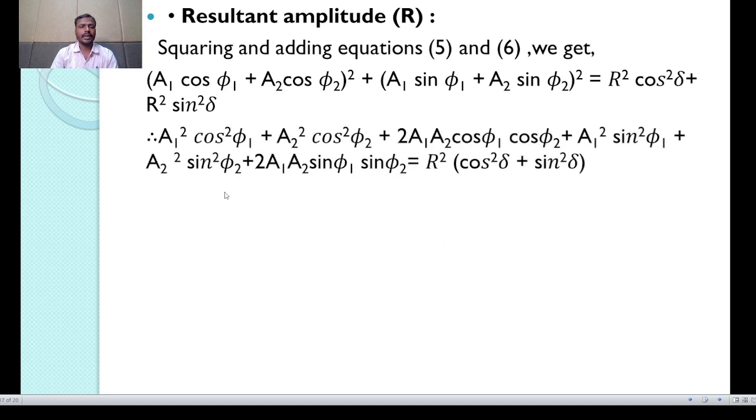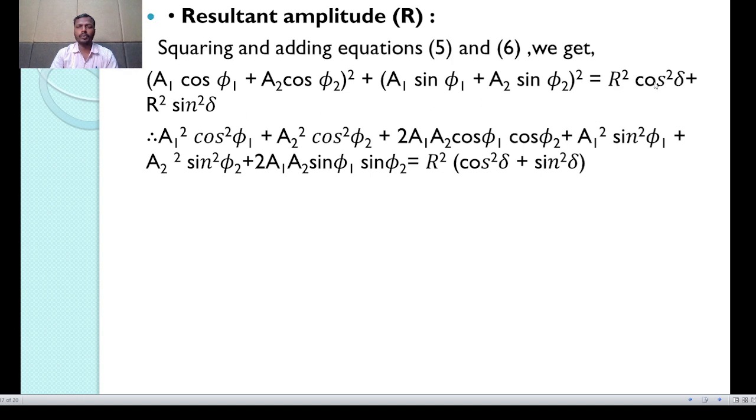Using the same here, we can write a1 square cos square phi 1 plus a2 square cos square phi 2 plus twice a1 a2 cos phi 1 cos phi 2. Same for the second bracket, a1 square sine square phi 1 plus a2 square sine square phi 2 plus twice a1 a2 sine phi 1 sine phi 2 is equal to